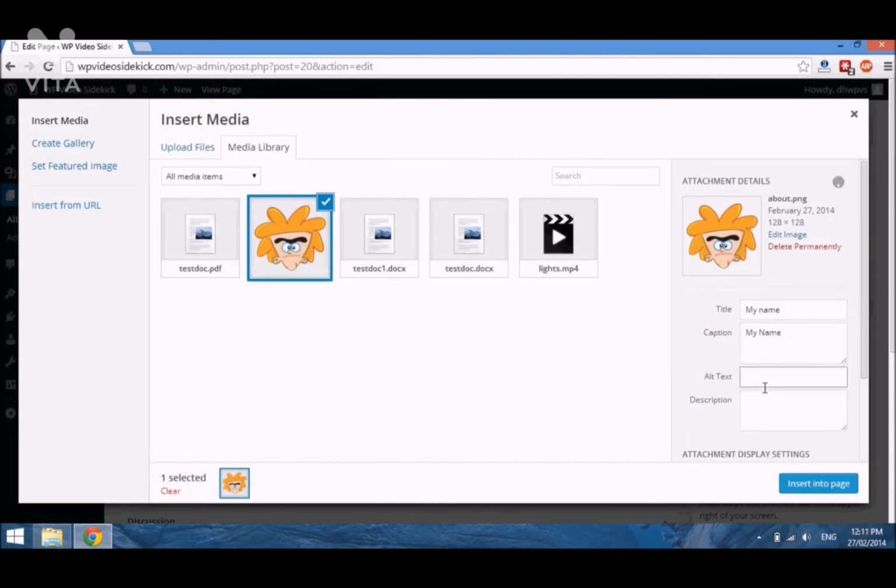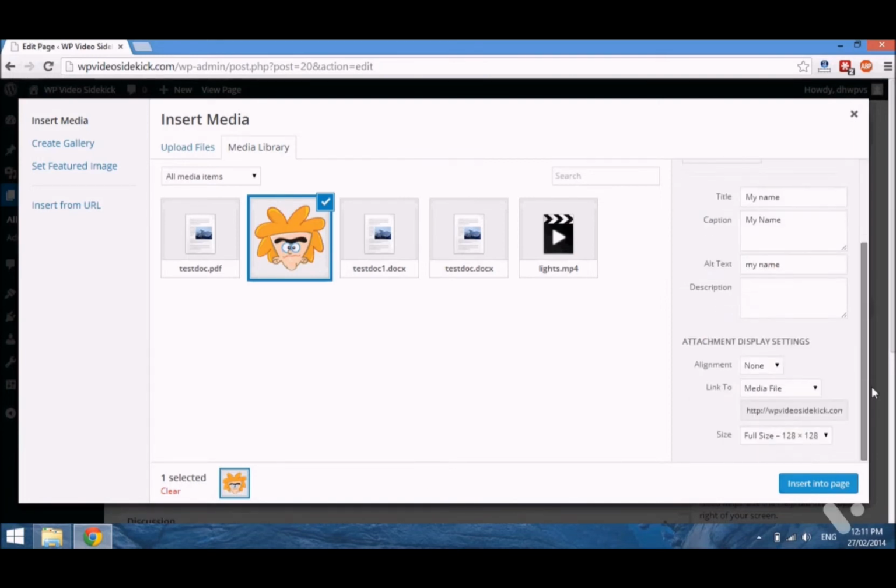And as I mentioned, the alt text is just to tell search engines what the image is about, and you can add a description, which is really for your purposes. And then you can go ahead and